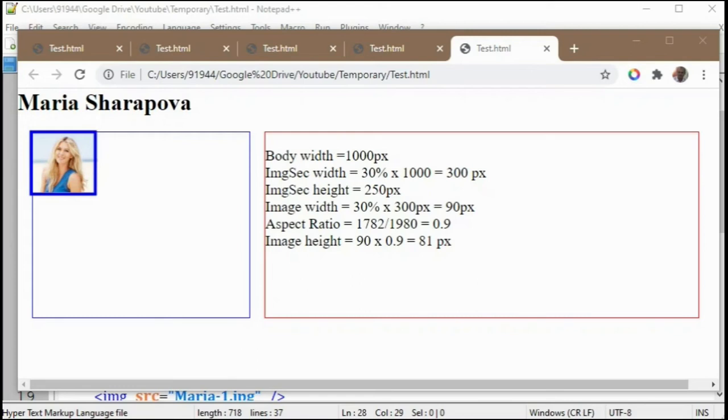So now you have understood the relation between image width and height properties and any division's width and height properties. Whenever you specify the width in pixels, it will always maintain the correct size of the specified pixels. Whenever you specify it in percentage, it will not work out on the image size. Instead, it will work out against the division width and height.